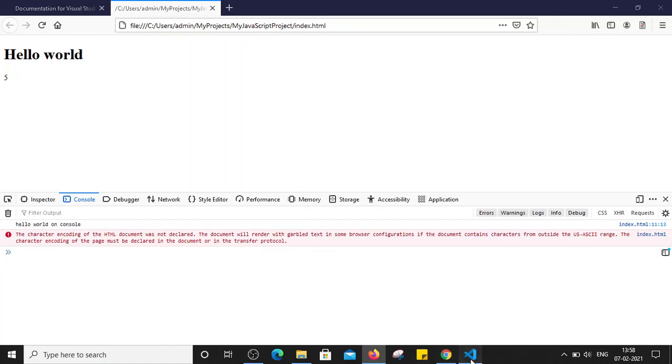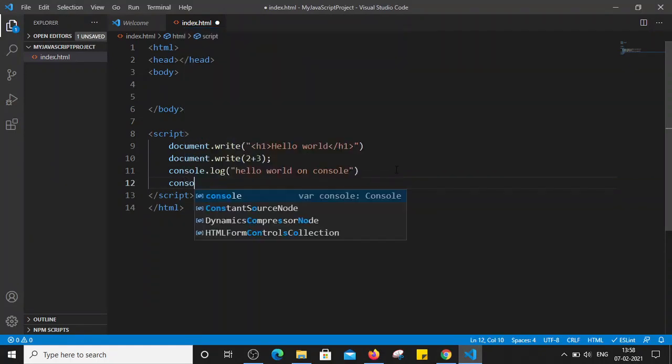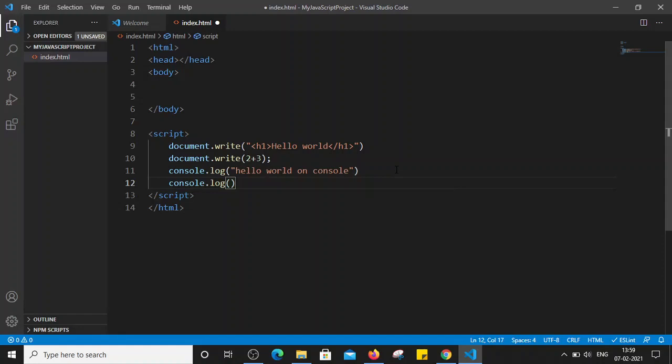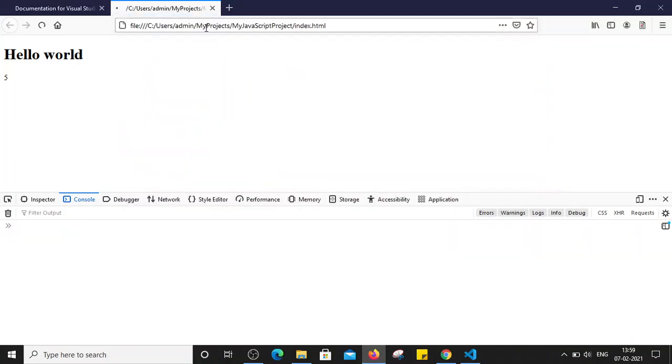So let's see one more time. Now I am just going to print console.log, let's say 4 into 3, right? So I'm just saving this file. Go to the web browser and open the file again, and see what it prints on the console.